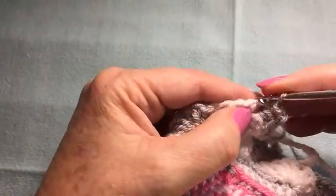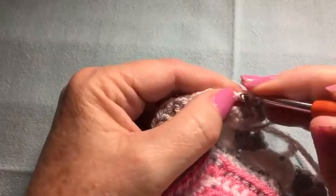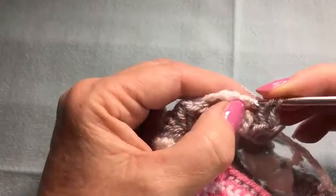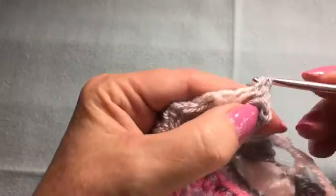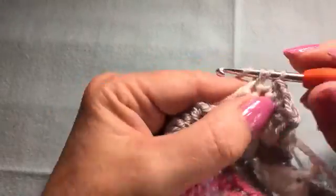Be careful not to miss your hidden stitch, which is this one over here, and just get to it. It's being a bit difficult. If you're finding it difficult to pick it up, you can just work another stitch into that corner. It won't be the end of the world. 2, and 3,